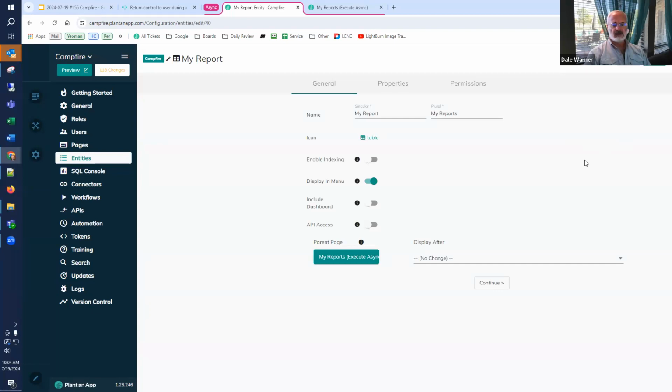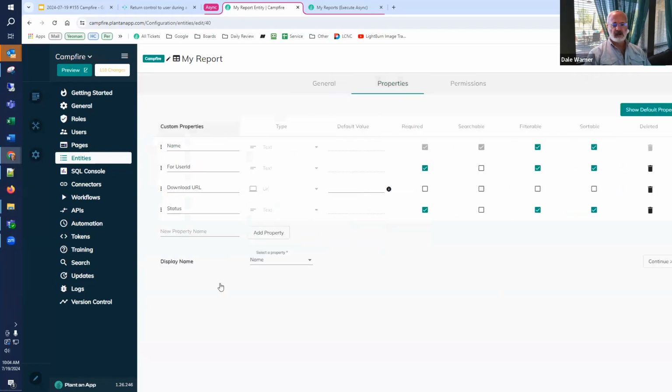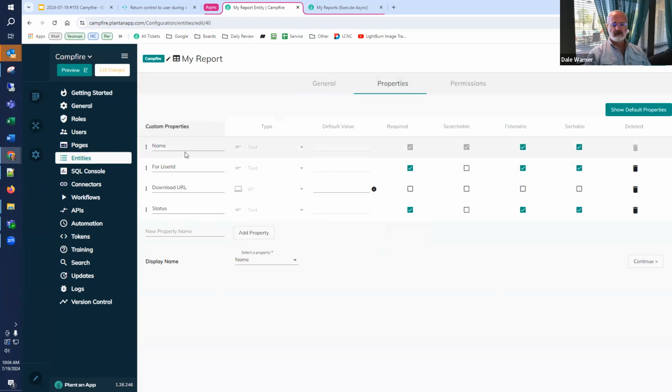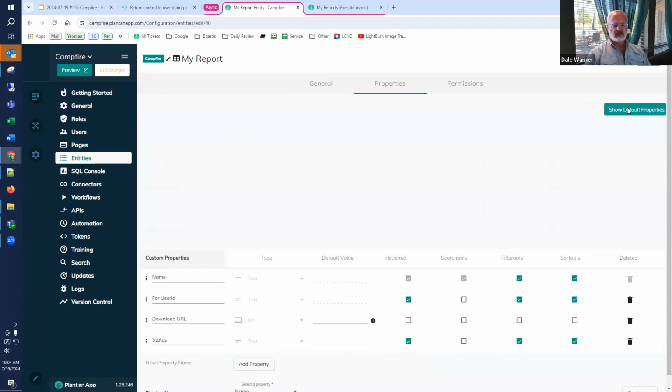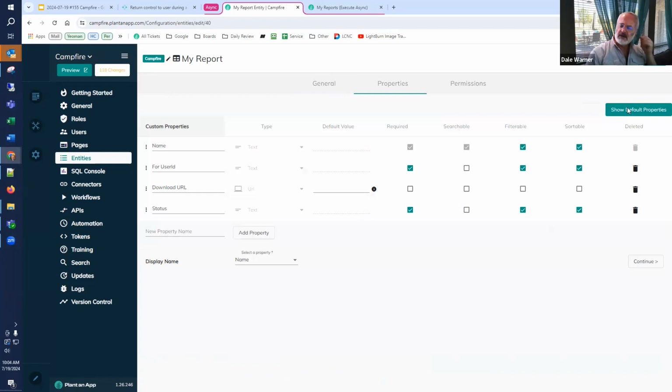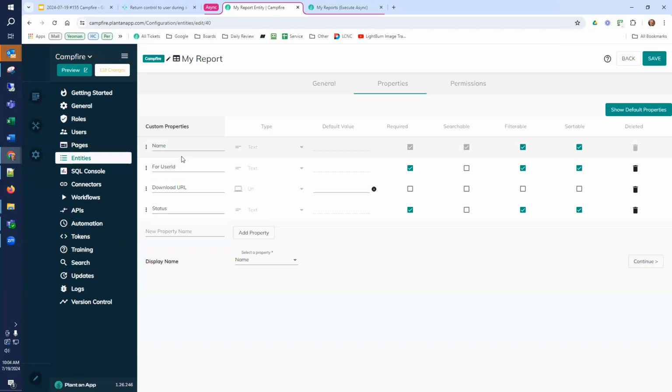This is an entity that I created. It has properties that include, oh, look at that. Somebody hid all the default properties. Maybe that's a campfire thing. I don't think we have actually. I may have implemented a solution, so I don't think we've hidden that yet. I think that's the code that I gave out.